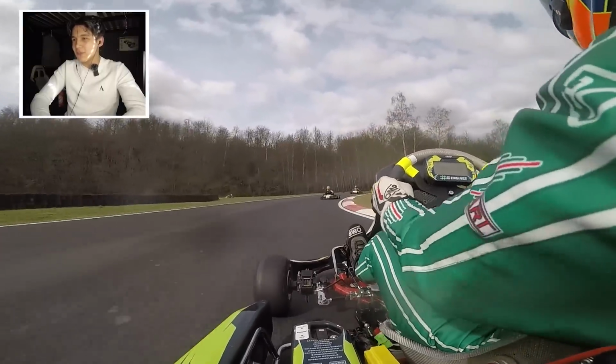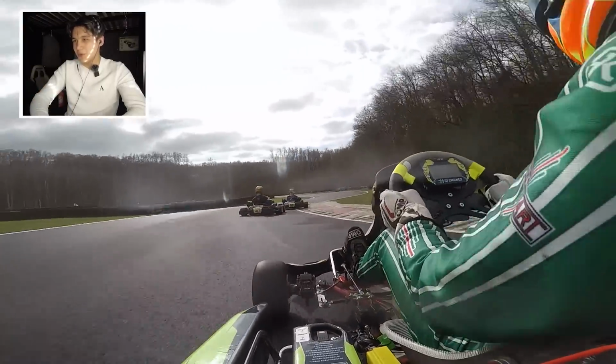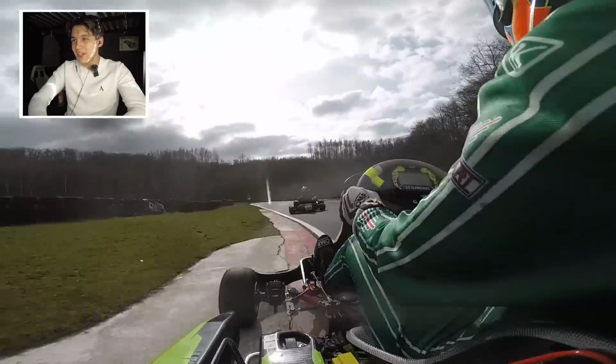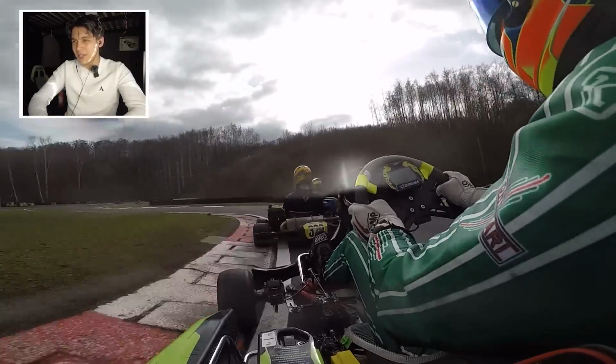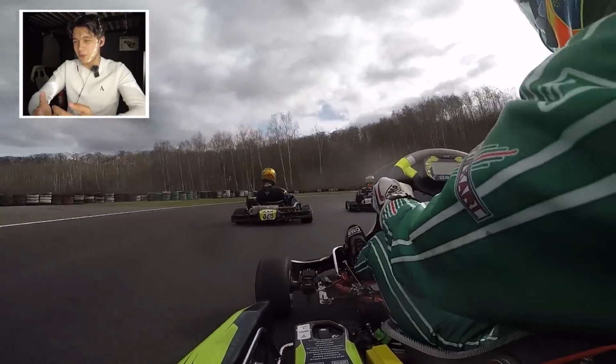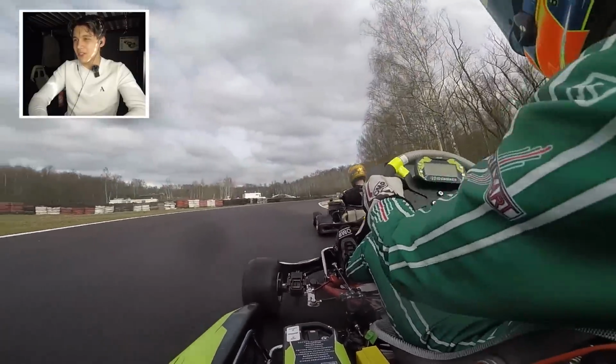Even though this year he doesn't really do that much testing, he's still a very quick guy, which is of course more impressive if you're doing it without testing. And also a really strange thing, he drives without a rib protector. I've never heard of that. Well, they used to do that in the old days, but this guy's crazy enough to do it now with this very aggressive kart. Here we go up the inside of a slower driver, we get a good exit,